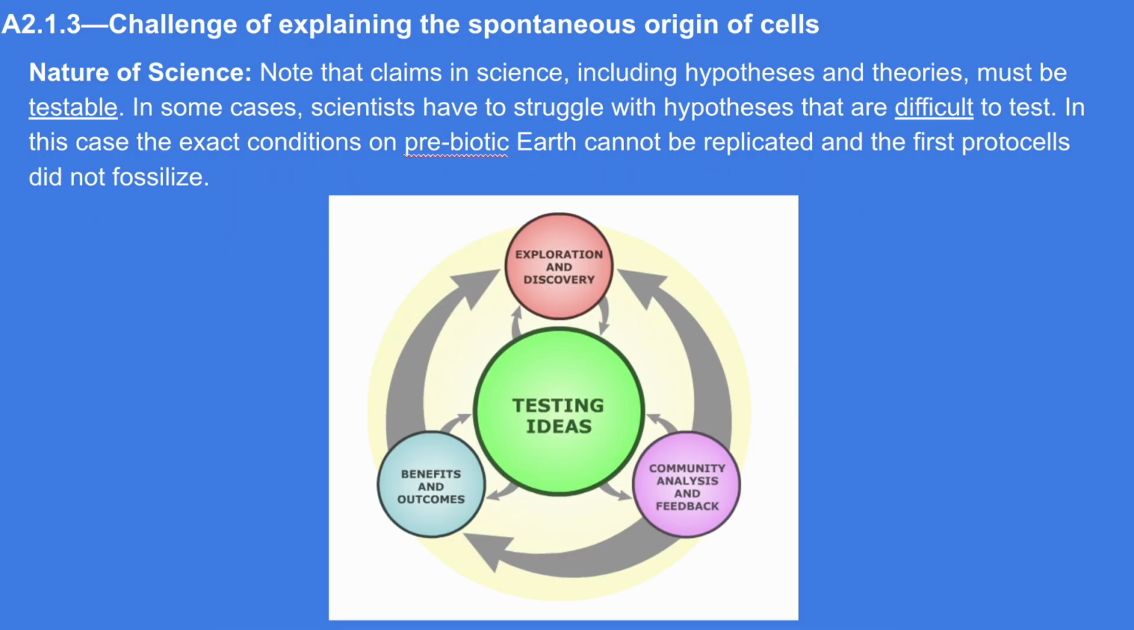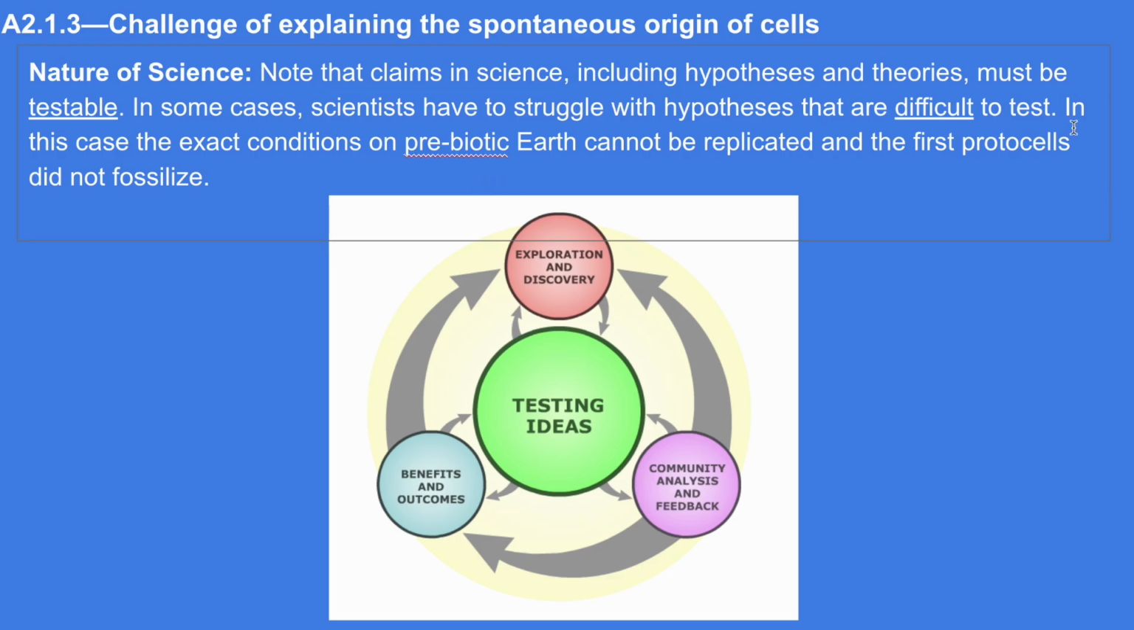Quick nature of science moment. Note that claims in science, including hypotheses and theories, must be testable. In some cases, scientists have to struggle with hypotheses that are difficult to test. In this case, the exact conditions on prebiotic Earth cannot be replicated. The first protocells did not fossilize, and so it's very difficult to test some of the theories of where the first cells came from. The Earth is not like it was back then, so we can't set it up exactly